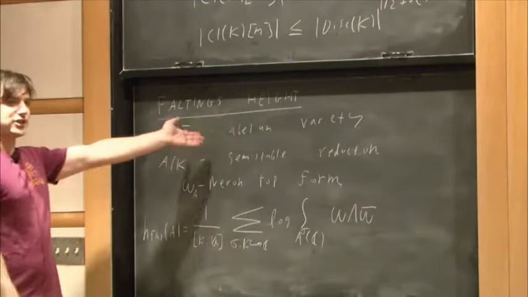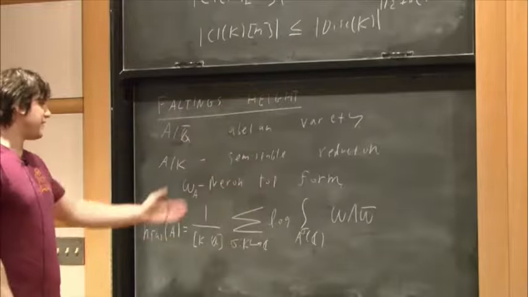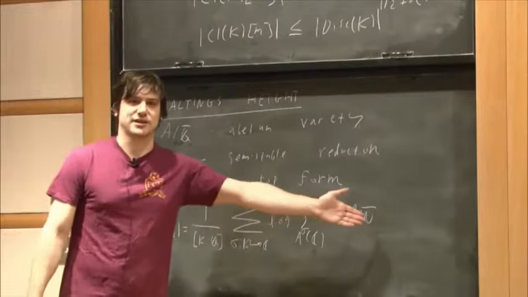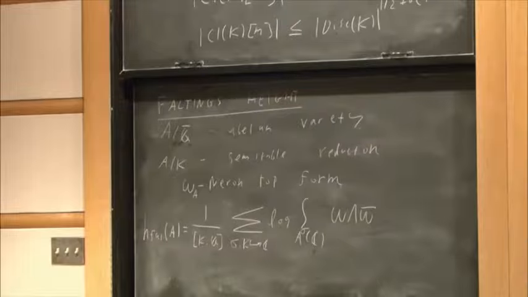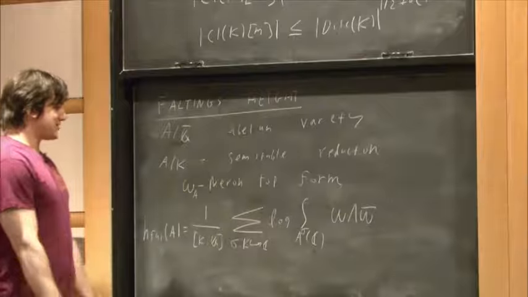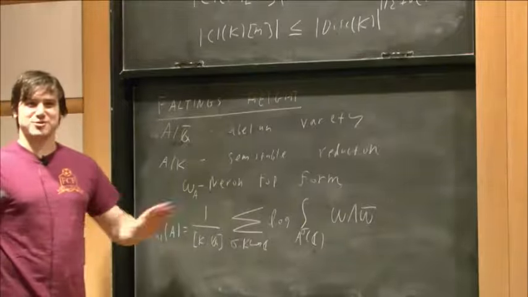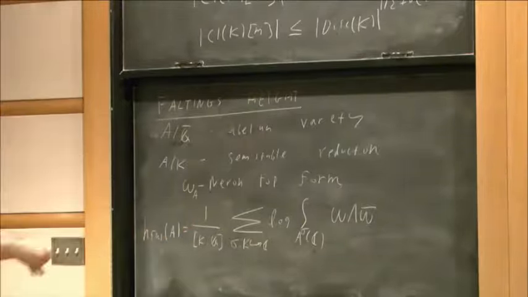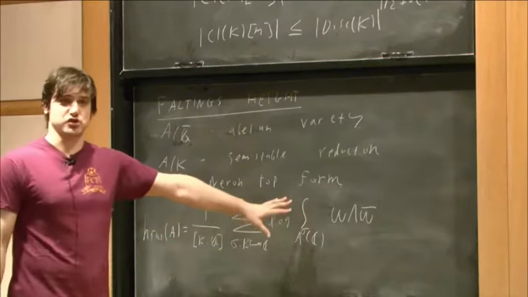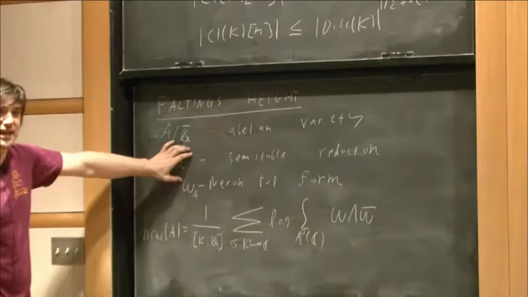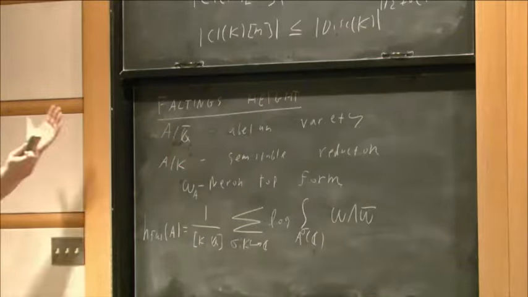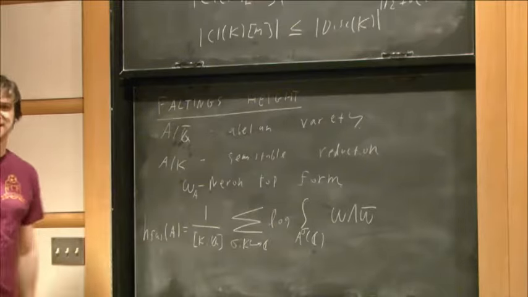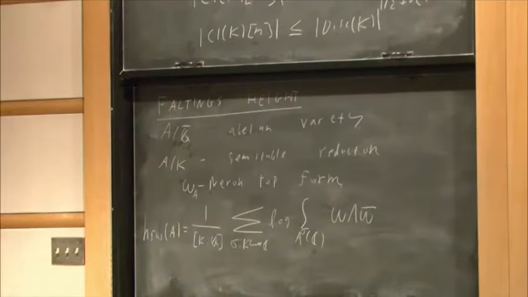OK, so if A, say, is defined over Q and has good reduction everywhere, we find a Néron differential, and we integrate it and take log. In some sense, it's the size of the volume of A. All right? OK, so it should not be immediately clear this has any properties whatsoever. But in fact, it turns out to be a very good function. It behaves like a height function should. So if you fix the field K, there are finitely many abelian varieties under a given height. And if you take a height on the moduli space, it's very similar to the Faltings height. So it's a very good canonical height function you can define on abelian varieties.